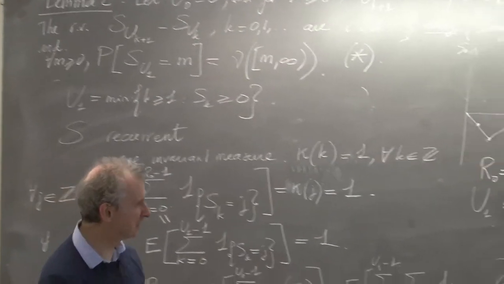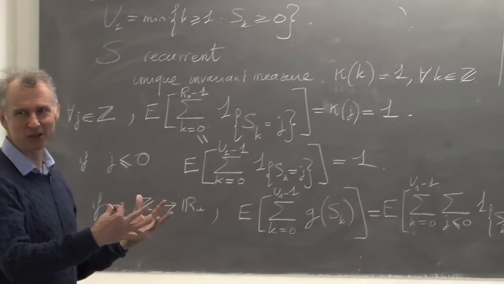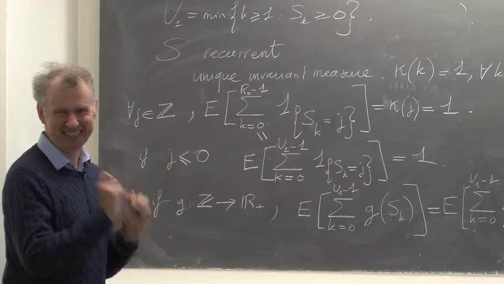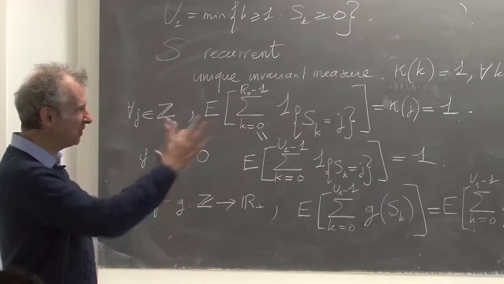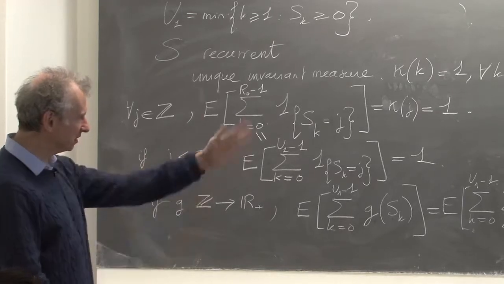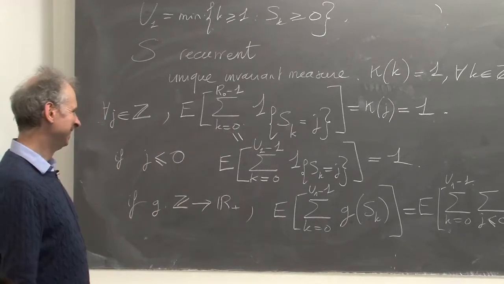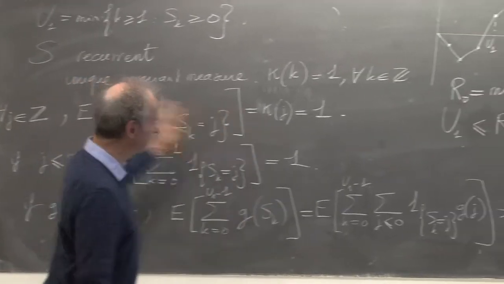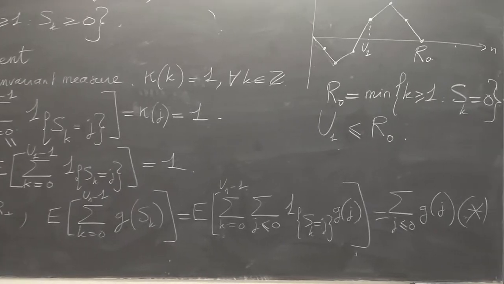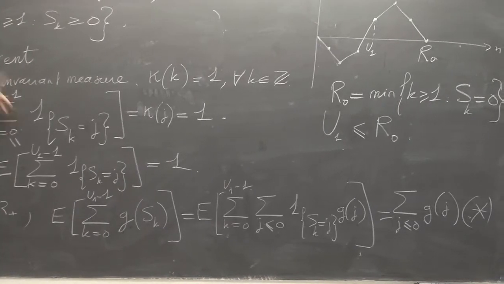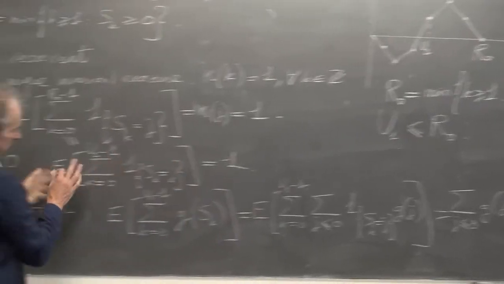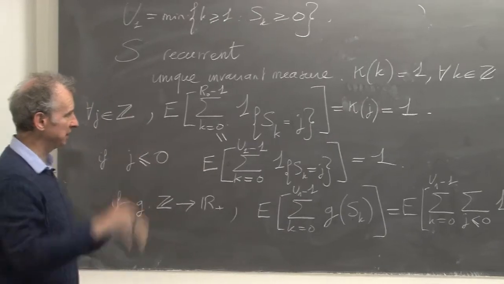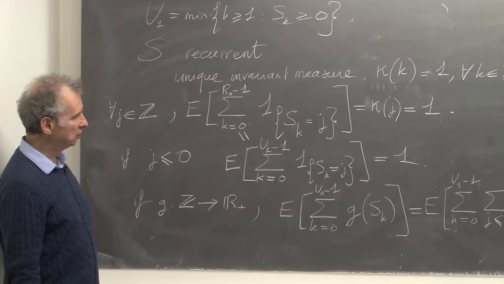Maybe I spent too much time on that. It's really an exercise in Markov chain theory. If you have a simpler proof, I'm willing to have it, because it's not very difficult, but if you write the details, it takes some time. But at some level, it's elementary. You can do it if you know a little bit of Markov chain theory, this uniqueness of invariant measure, and the fact that you have this property. The fact that you can construct the invariant measure in this way is often the way you construct the invariant measure in the case of a recurrent Markov chain.